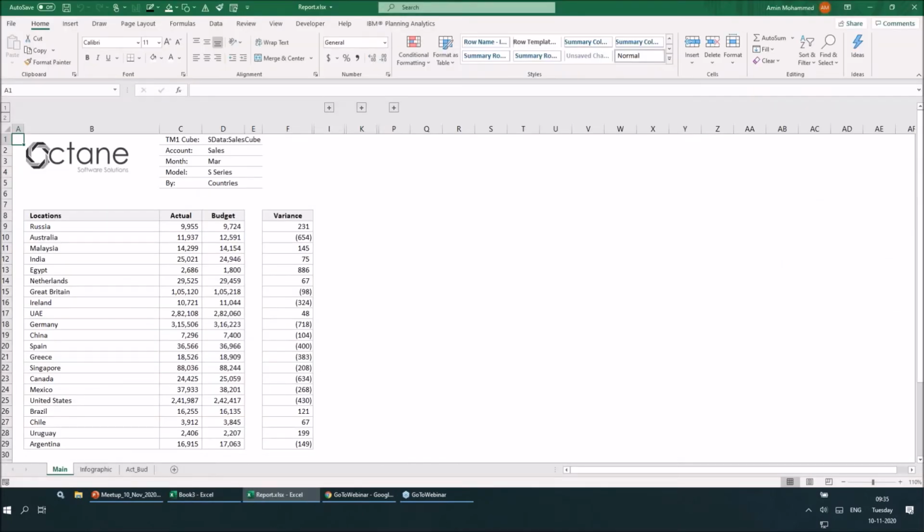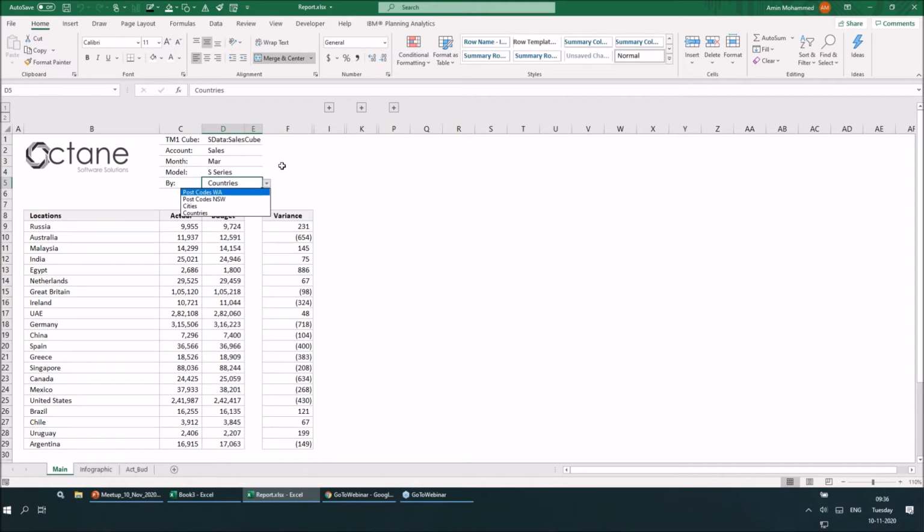So here we have a very standard report. What you see here is a Patch report showing the car sales, for actual and budget by different locations. Here we have all the locations and the actual and the budget data against that. Here we have a drop down where we can see the data by countries, which is what is currently selected. We can change it to cities and the different postcodes for NSW and Western Australia that we currently have